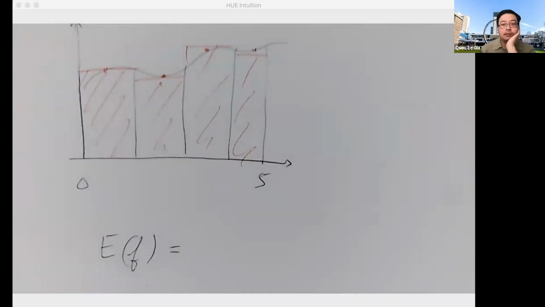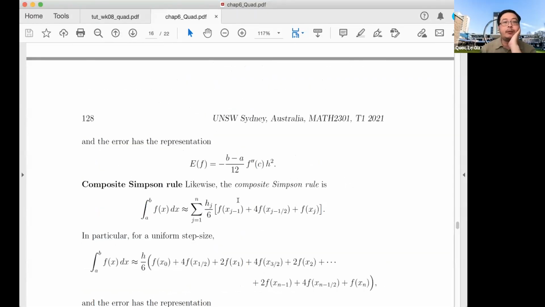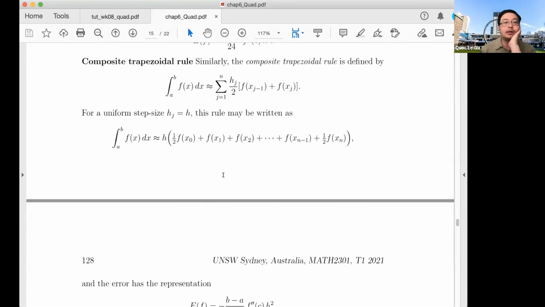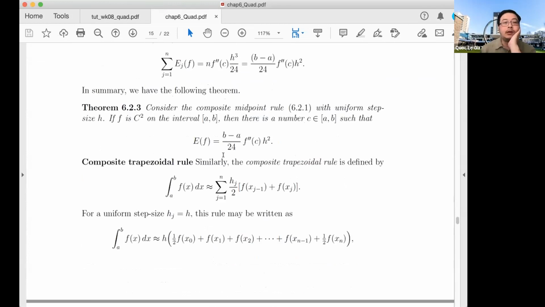Let me show you what the errors are. These are the trapezoidal rules, and the midpoint rule is